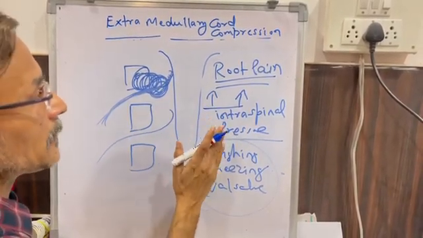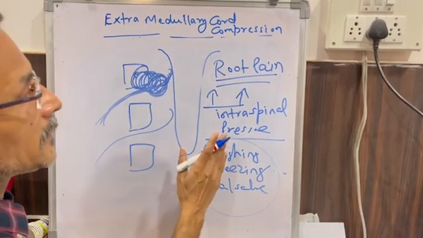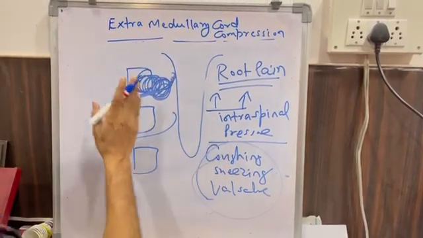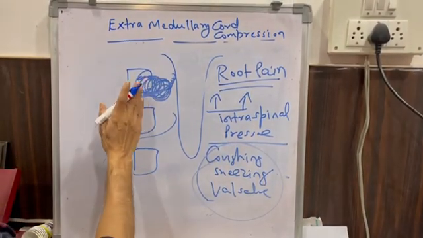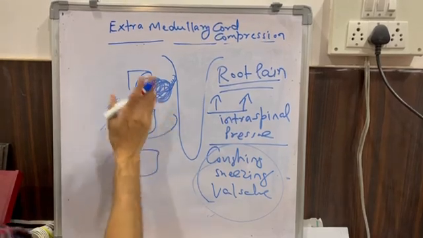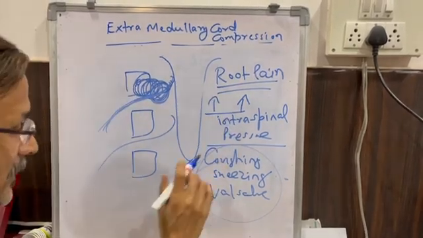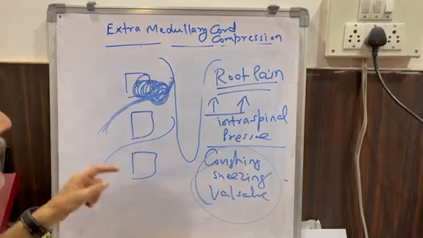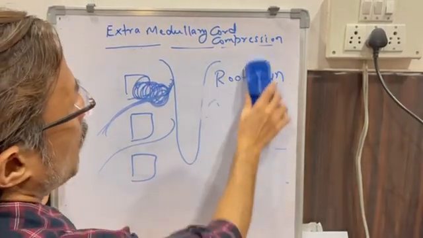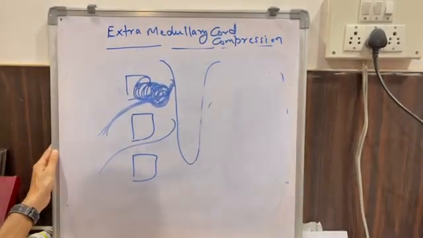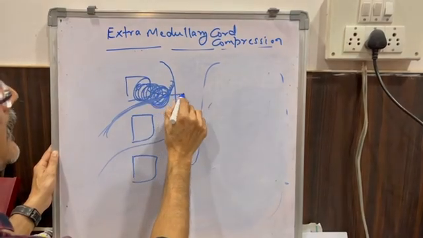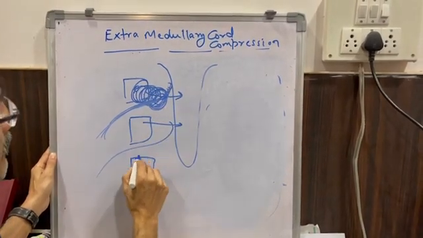So when you have a history of root pain, it is obviously extramedullary. It can be a feature of extramedullary extradural or intradural. Extramedullary extradural can also present as root pain because this is the second structure which is involved. Now it still further progresses. Now it is entering into the spinal cord substance.